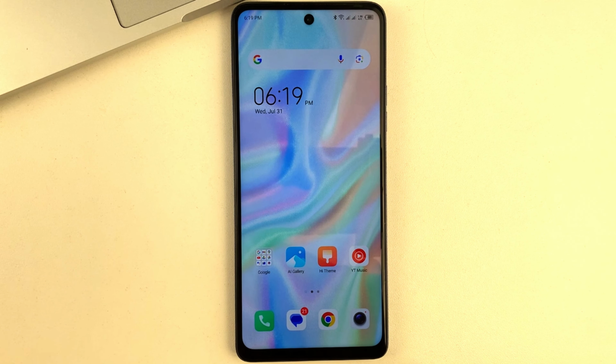In this video, I will tell and show you how you can very quickly update Facebook Messenger application on any